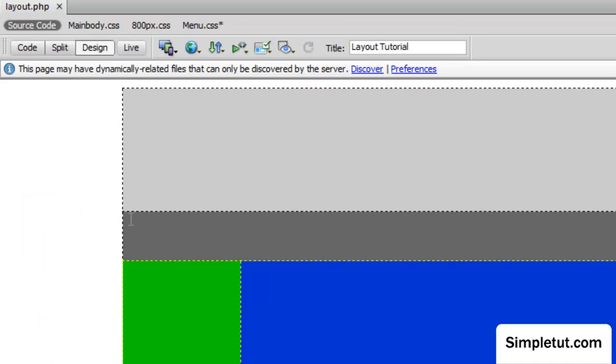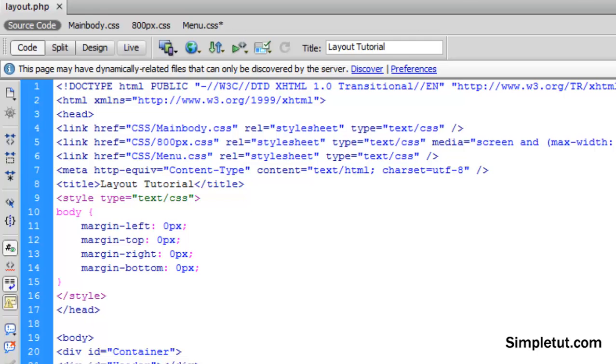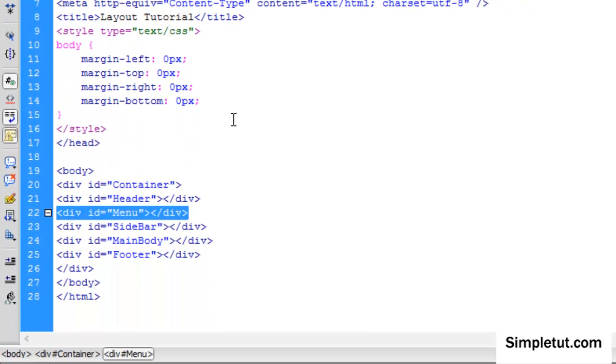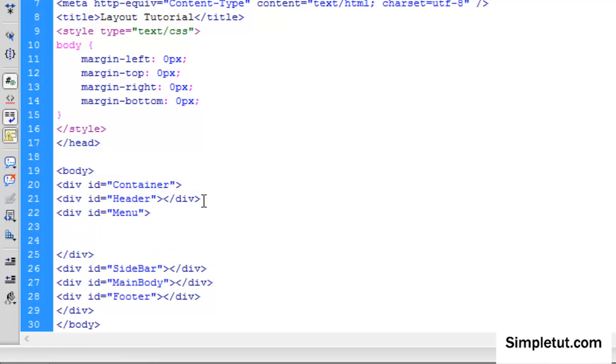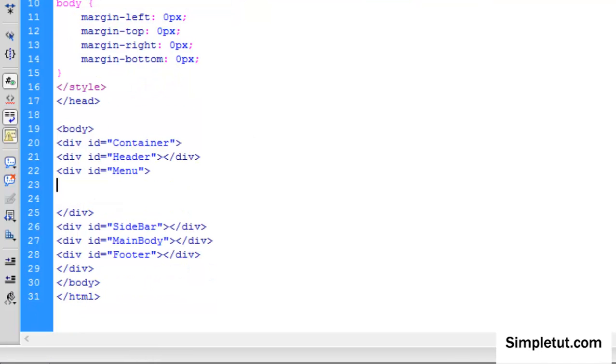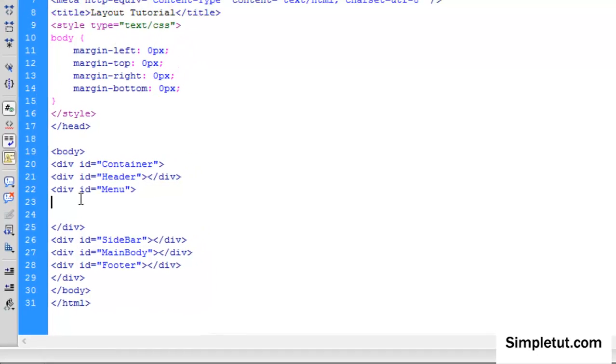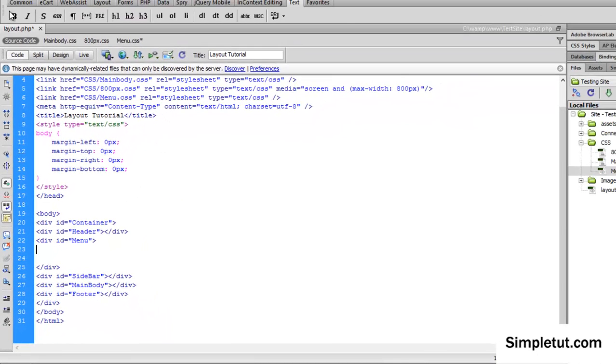And basically, I'm going to be putting this into my menu div, which you can see here. So between these two brackets, I'm just going to click return to create some space. Now the first thing we need to do is create our actual HTML, which is basically an unordered list. So we can write this out, but what we have within our property inspector here is